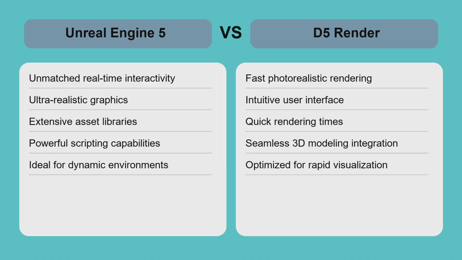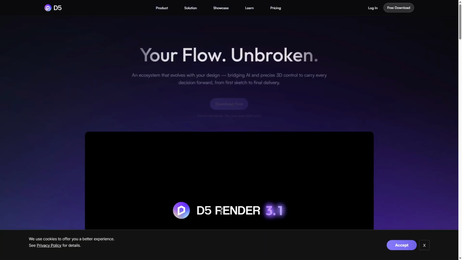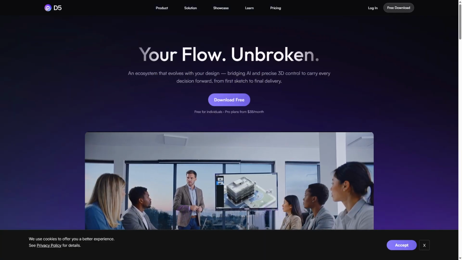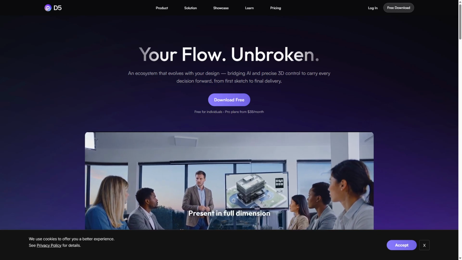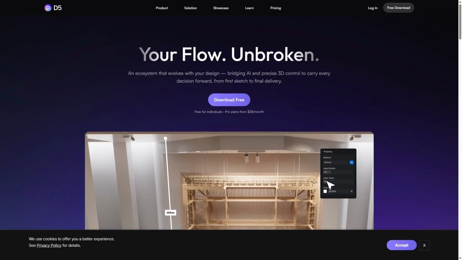Choose Unreal Engine 5 if you require advanced real-time graphics and interactivity, especially for games, films, or complex simulations demanding high customization. Opt for D5 Render if you need fast, photorealistic architectural visualization with an easy-to-use interface and quick turnaround. Both tools excel in their domains, so your choice depends on whether interactivity or speed and simplicity matter most for your